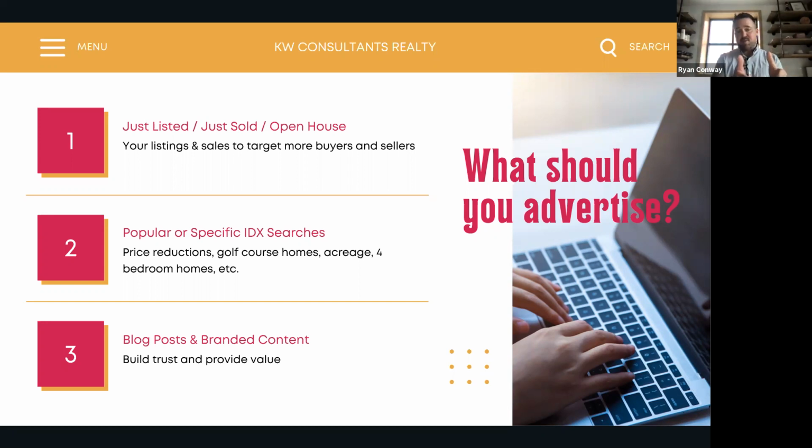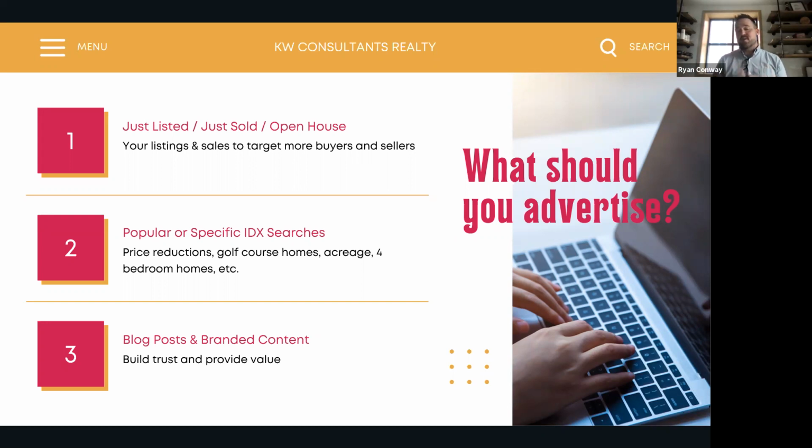So if I just want to send people specifically to homes that have had price reductions in the last 7 days, I'm able to use my website to create that search and drive people to that. That doesn't require me to have a listing whatsoever to promote and generate leads. I can use any type of search that's going to be relevant to people, target that group, and serve that up to them.